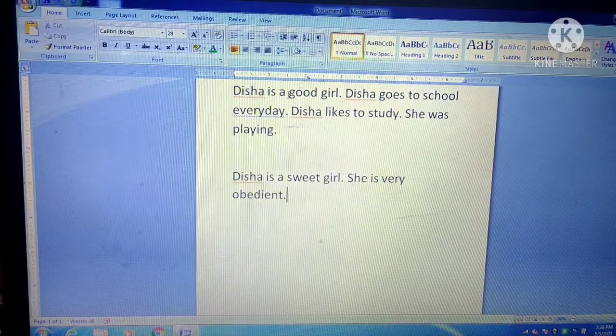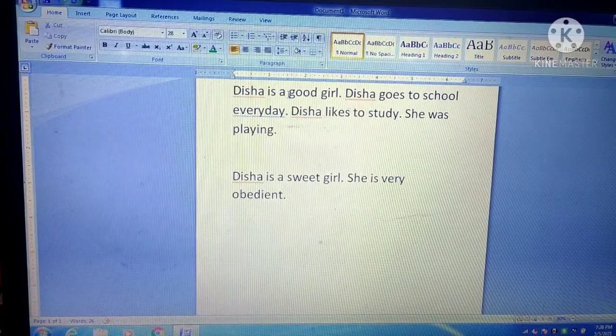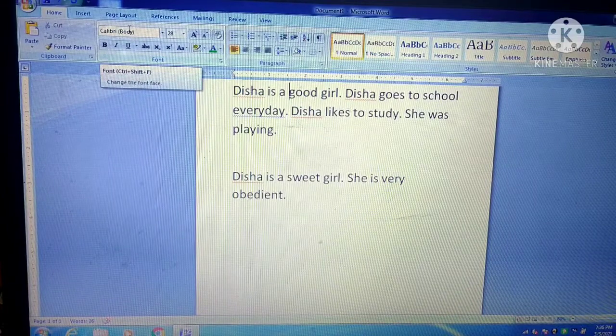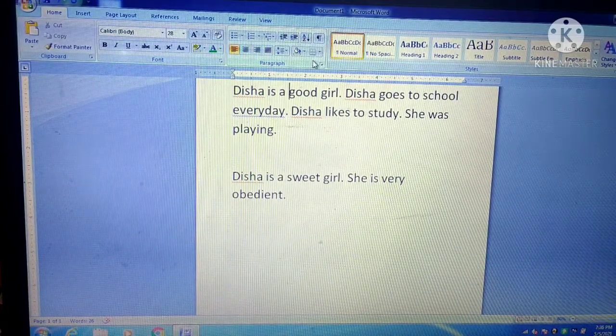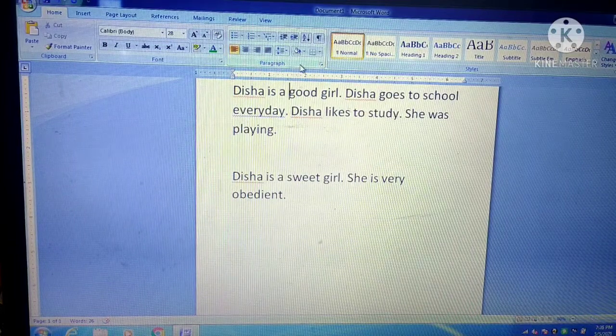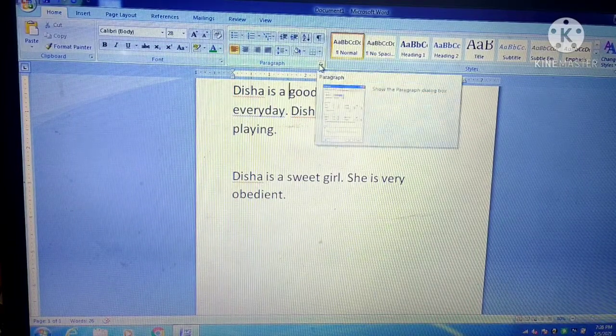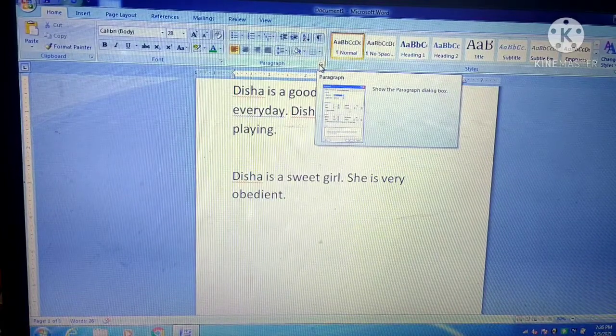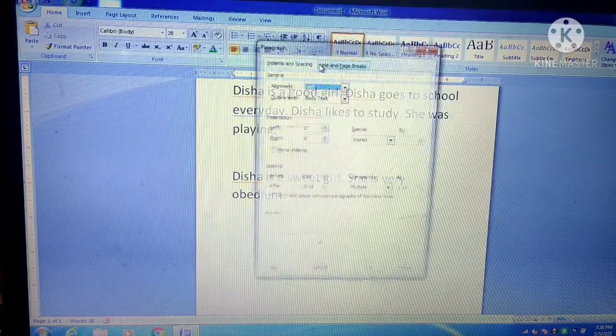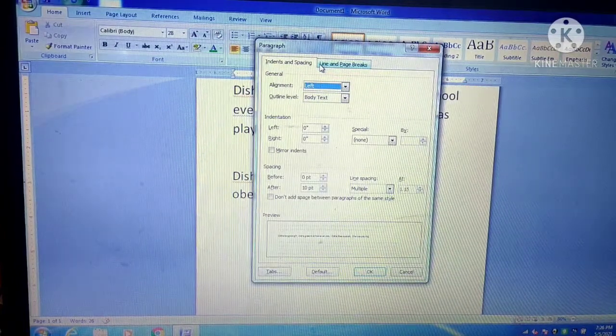Suppose I am placing it here. Now you will click on the Home tab, and in the Paragraph group, you will click on this button. This button is called the dialog box launcher. Click on this dialog box launcher.